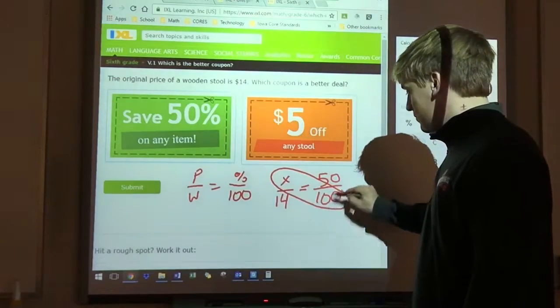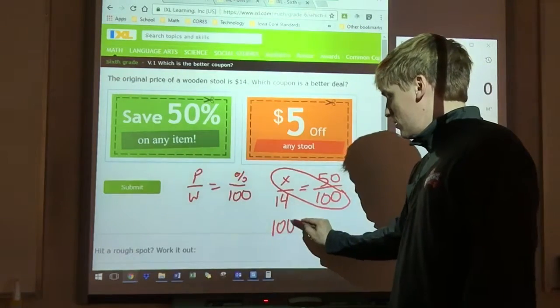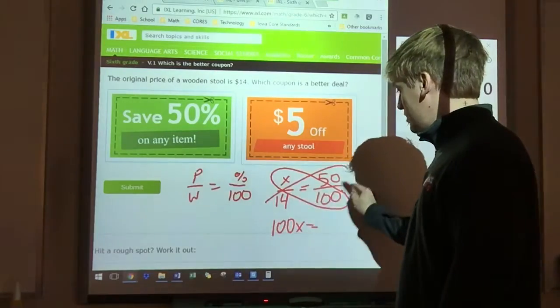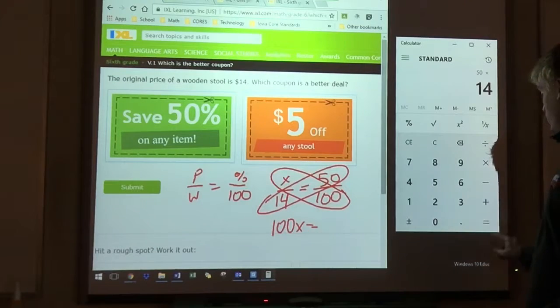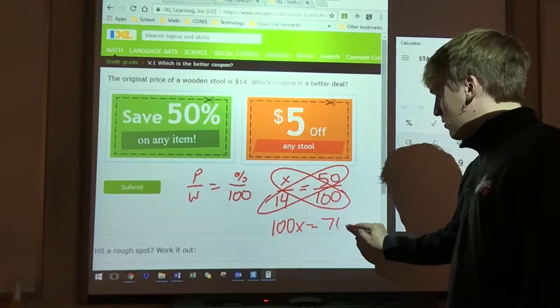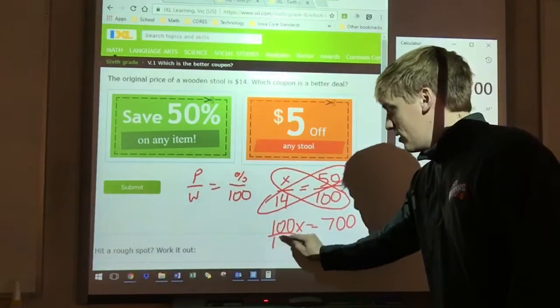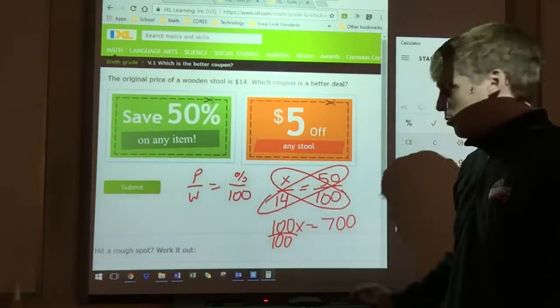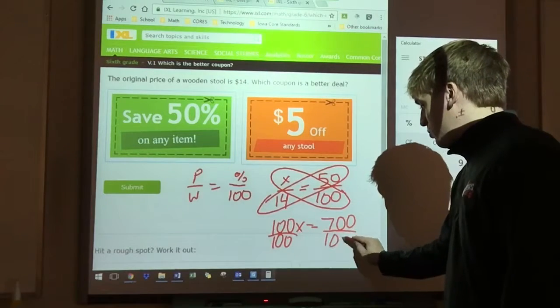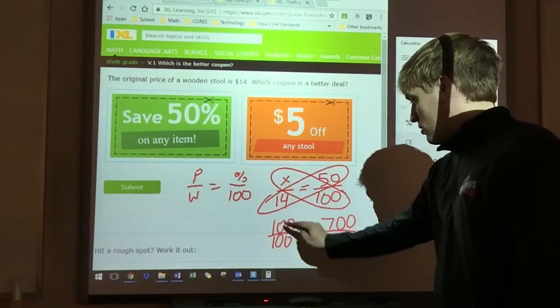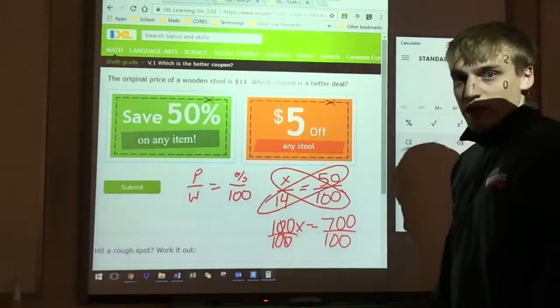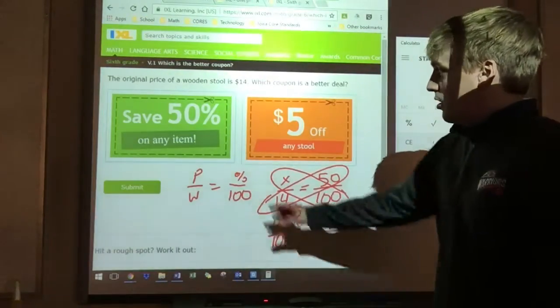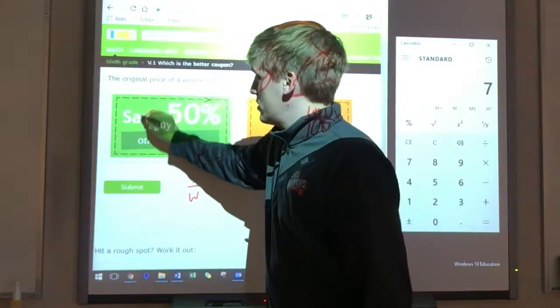100 times x is 100x, and 14 times 50, if you don't know what that is, you can do that on the side. That's 700. And we cross multiply and divide to solve the proportion. And we get 700 divided by 100, we get 7. Okay, so this is $7 off,